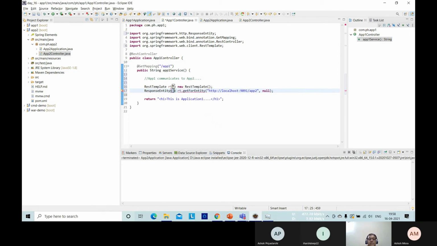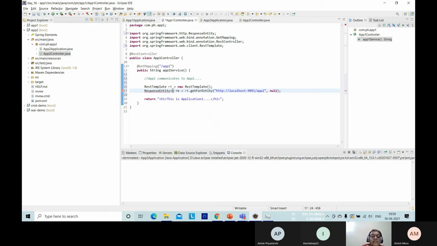So a ResponseEntity object is returned by the getForEntity method of the RestTemplate class. Okay, so let me have an instance variable for ResponseEntity. I'm naming it RE.